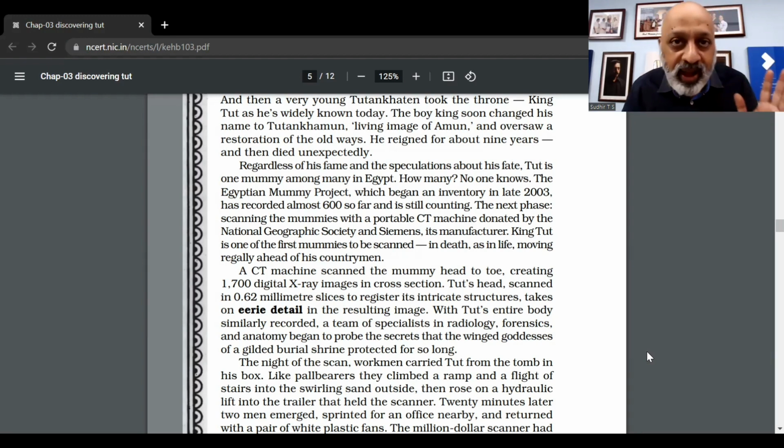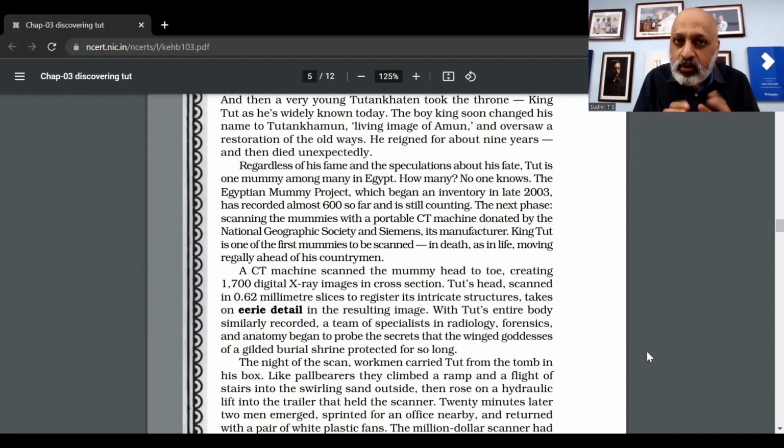That is, in life as the king he was the number one. Now in death also he's number one because he's one of the first mummies to be CT scanned. A CT machine scanned the mummy head to toe, creating 1,700 digital X-ray images in cross section. Tut's head was scanned in 0.62 millimeter slices to register intricate details, structures, takes